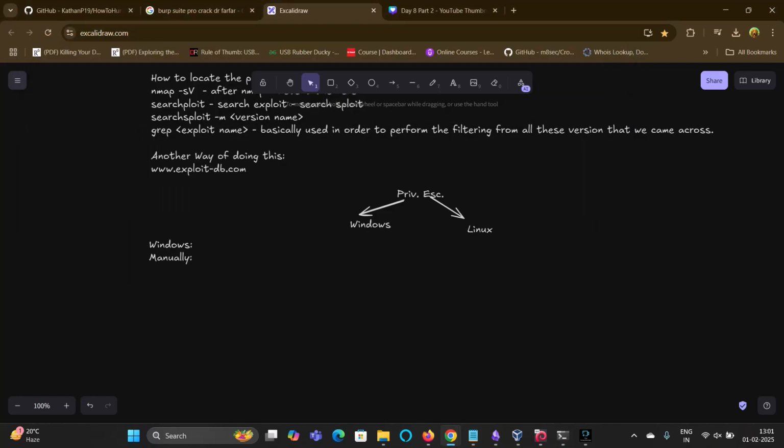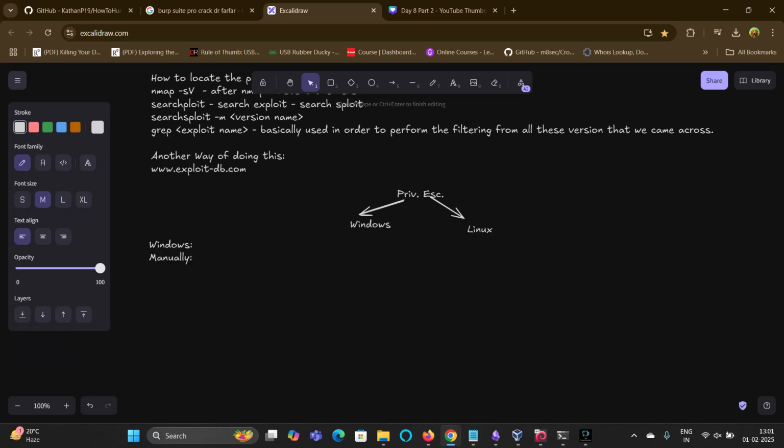Firstly, in the manual approach, remember one thing: most people are basically using Windows as their main operating system, not Linux as their main OS.